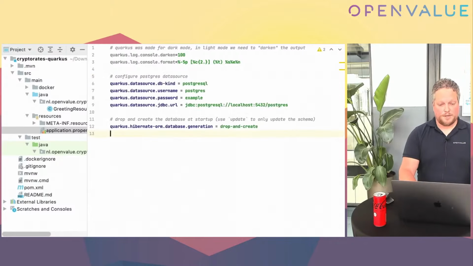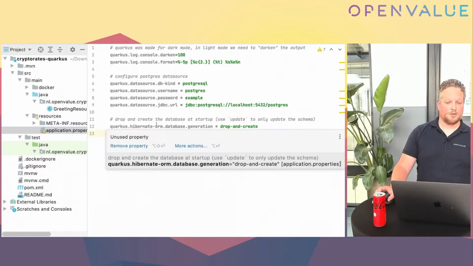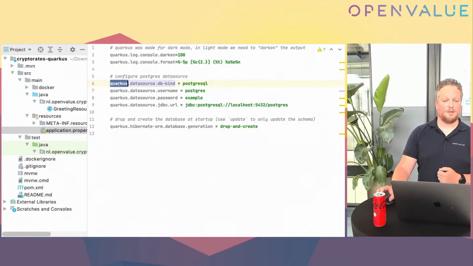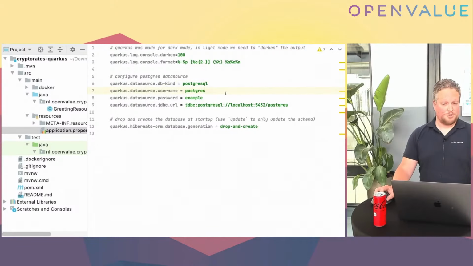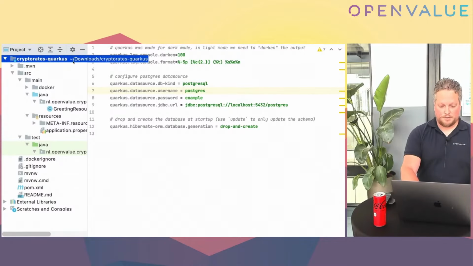And of course we need the database, which almost looked the same as what you had, only now it's prefixed with Quarkus instead of Spring, right? It's almost the same. Yeah. So this should now be enough to run the application. So let's see if I can